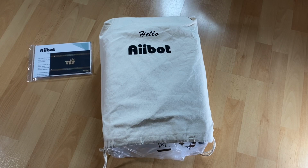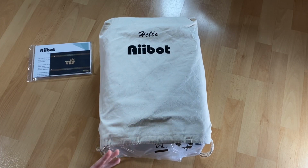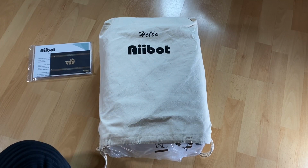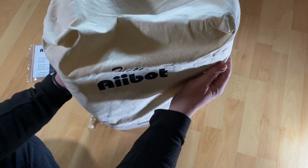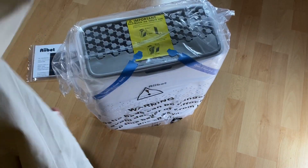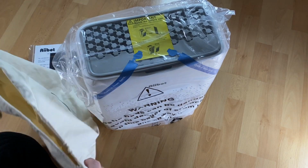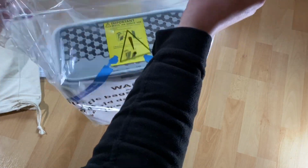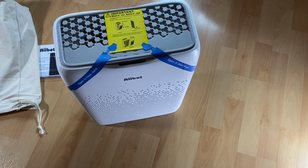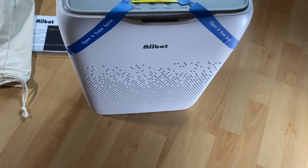You have a 4-in-1 filter system composed of pre-filter, true HEPA filter, active carbon filter, and cold catalyst filter. The air cleaner can efficiently clean 99.97% pollutants in home air. Perfect choice for babies, pet owners, smokers, and allergy sufferers. To avoid secondary air pollution, the newly designed filter change reminder light will flash to remind you of changing a